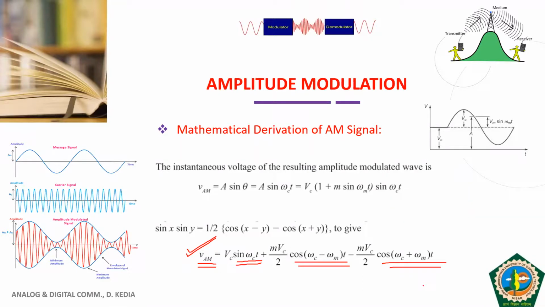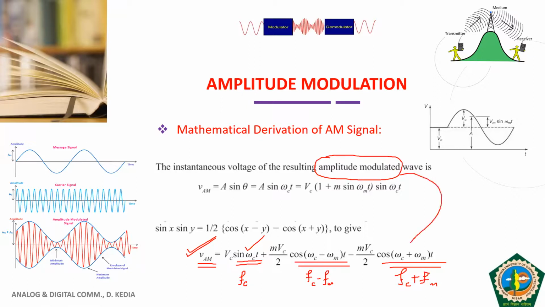It means how many frequencies? Three frequencies. What is the frequency of this term? The frequency of this term is FC. What is the frequency of the second term? FC minus FM. What is the frequency of the third term? FC plus FM. So it means in an AM signal, AM meaning amplitude modulated signal,